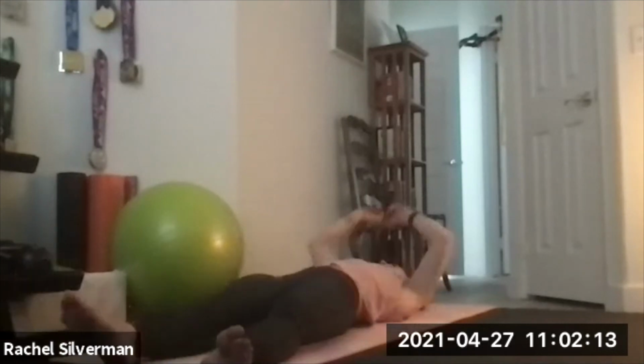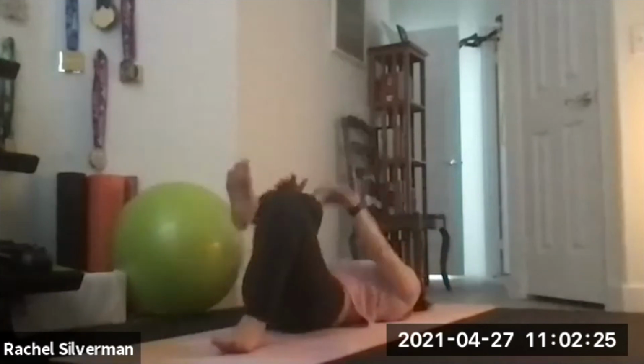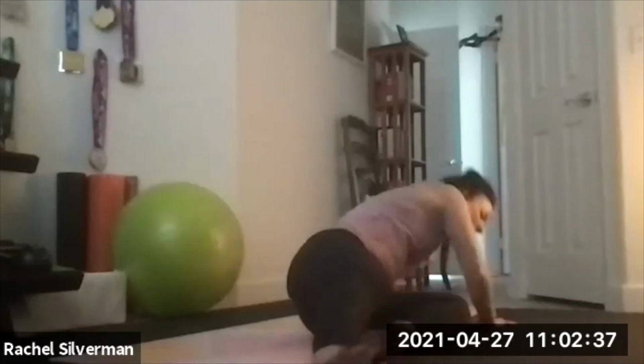And then when you feel ready, we'll reach the arms overhead and reach the legs long and create a nice full body stretch, getting as tall as you can. Hug your knees into your chest. Roll over to one side, coming into a fetal position. With the eyes closed, use the hands to press you up into a comfortable seated position, crossing the legs,